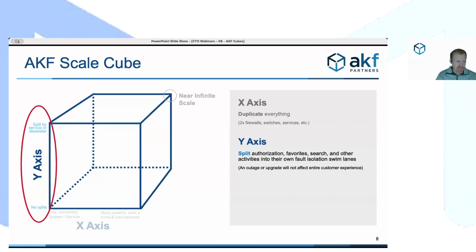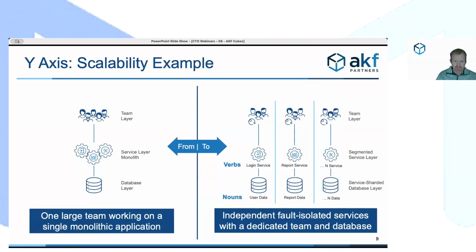There could be some disruption, but it means the application is still functioning in some aspect. So going again from that one team dealing with one service in one database, splitting out by teams. So each team can work on their own services, and we're showing the verbs as the service layer and the noun is the data. And recall we have those dedicated databases for each service. That means they're fault isolated, but again, the teams can operate